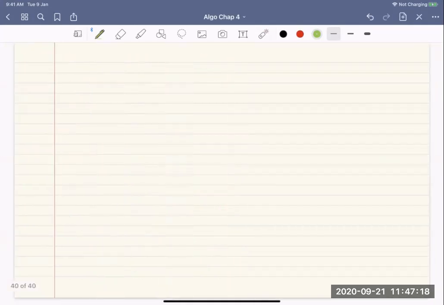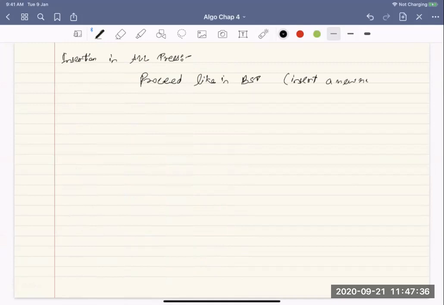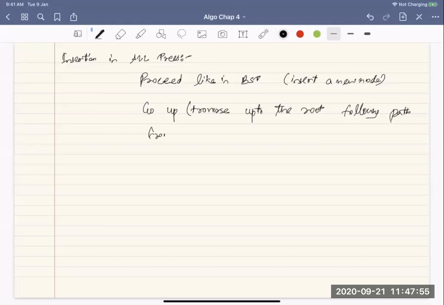So that's what we're saying. When you do insertion in AVL trees, you proceed like you do in BST. You insert a new node. Now after you have inserted a new node, you will have to go up, so traverse up to the root following this path from this new leaf.